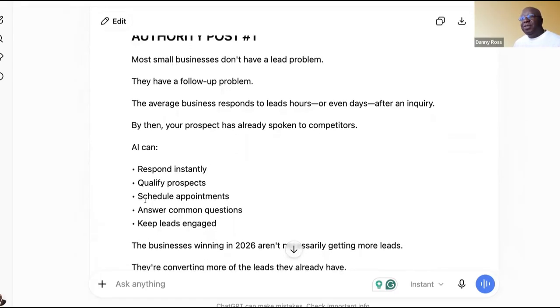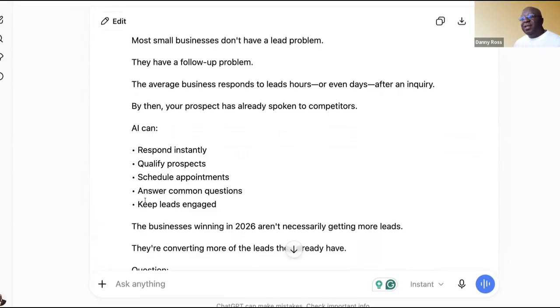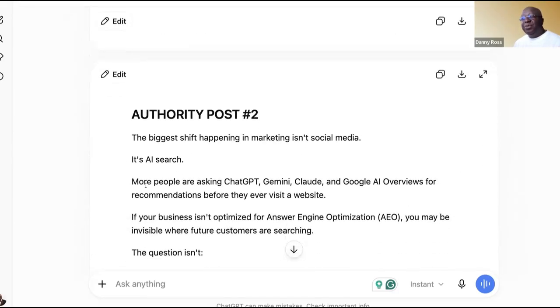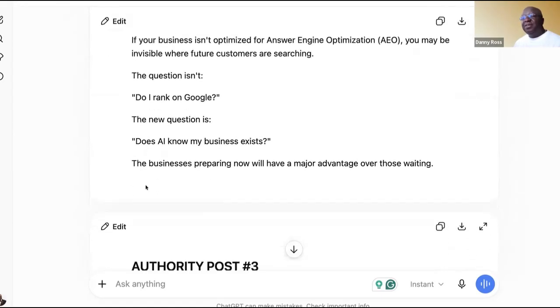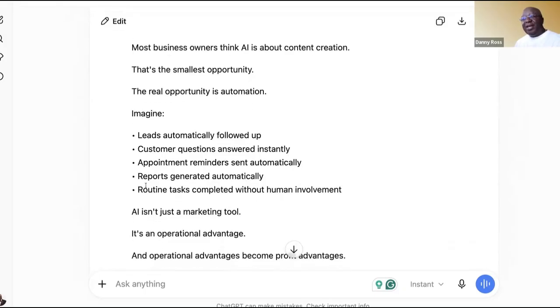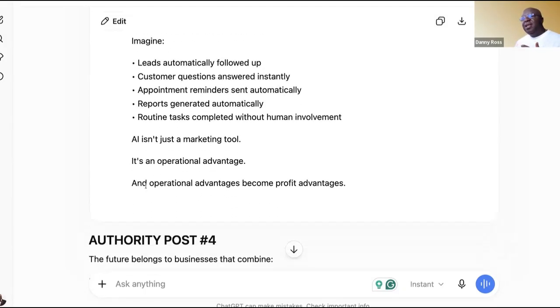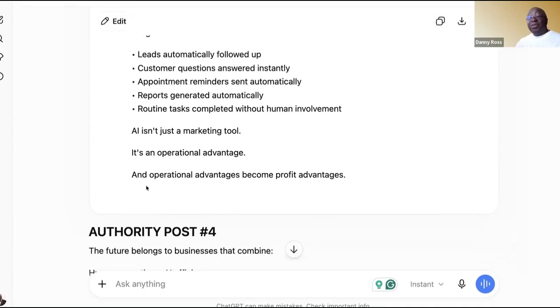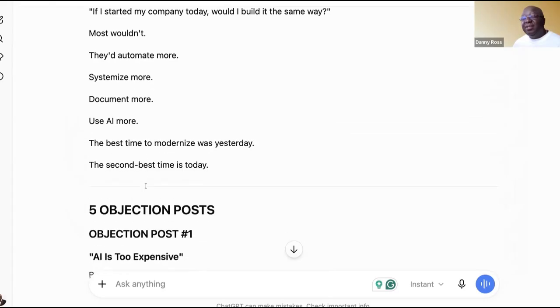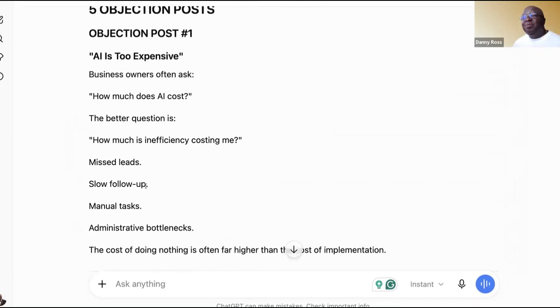All right, so we have the authority post, which is just leading up to why they should even consider doing business with you. It's giving you these five, and you could put these out into the social media world without asking for anything. You're educating. I would add a link to more content where they can learn more. So that's a simple post: learn more here. And then they would go off to get more meat and potatoes out of these. These are just the things that I would state to grab their attention and then bring them in.